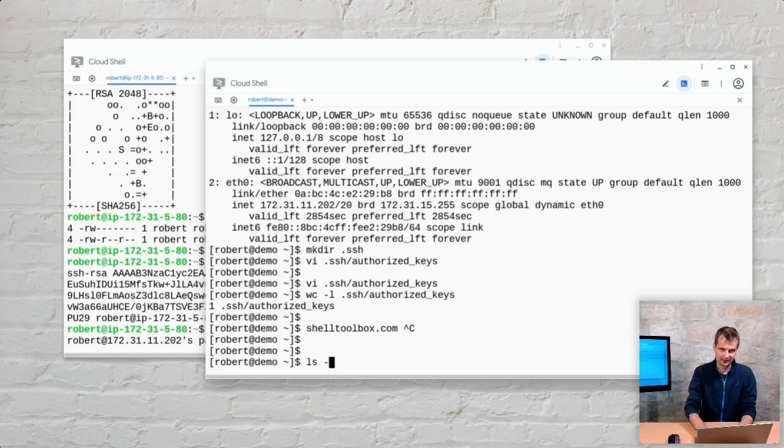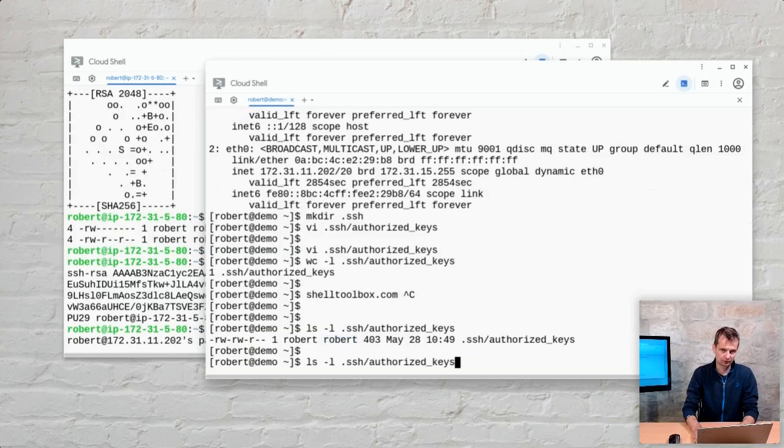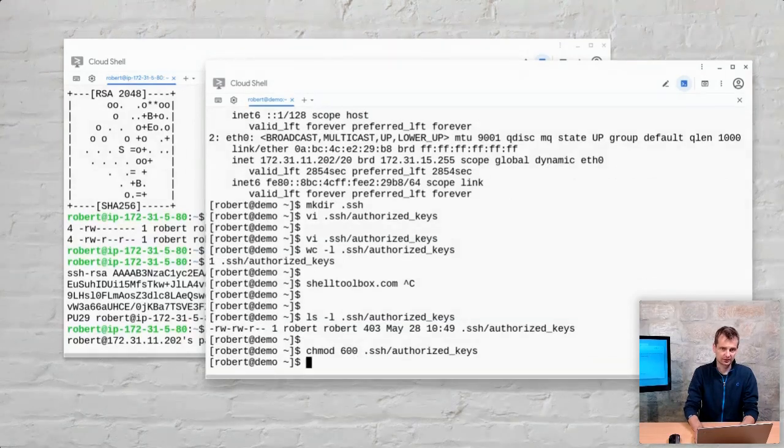So let's have a look. ls -l .ssh: authorized_keys is writable here by the owning group. We need to remove this flag. Change mod 600, for instance, and then we have